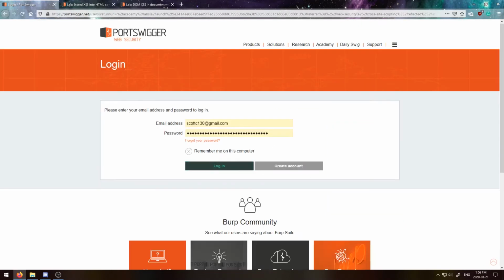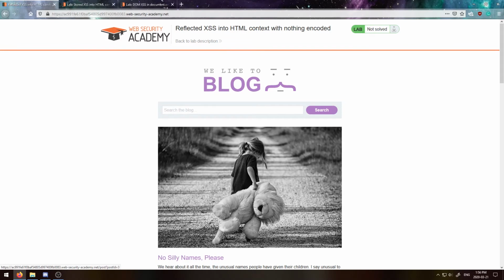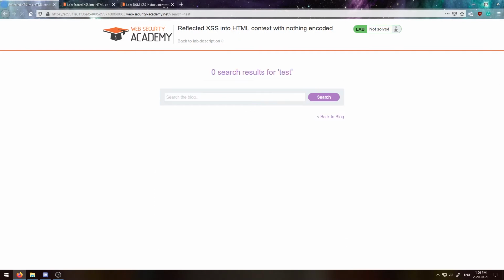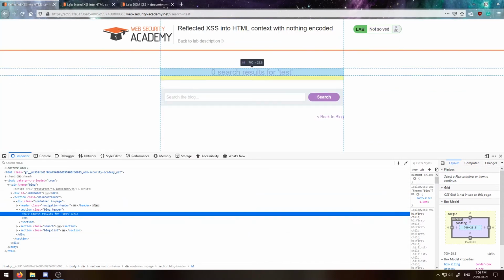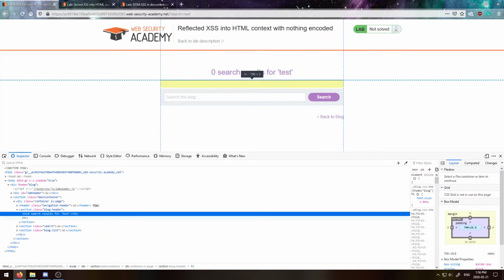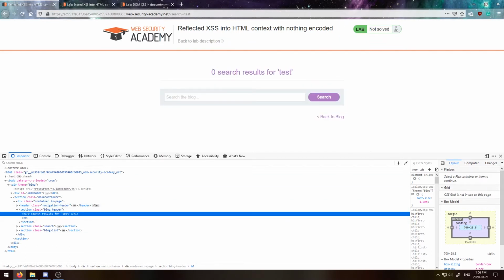So let's go ahead and access the lab and let's take a look at the information here. Let's give a minute to log in. So essentially what's happening in this blog is when we search for something, say test, you'll see it says results for test, right? If we go ahead and inspect the element here, we can see that it writes whatever we wrote into this header here. So we are able to essentially write whatever we want into this header, which means that we can actually write JavaScript code. So for example, if I pipe in something like this, so script alert 1